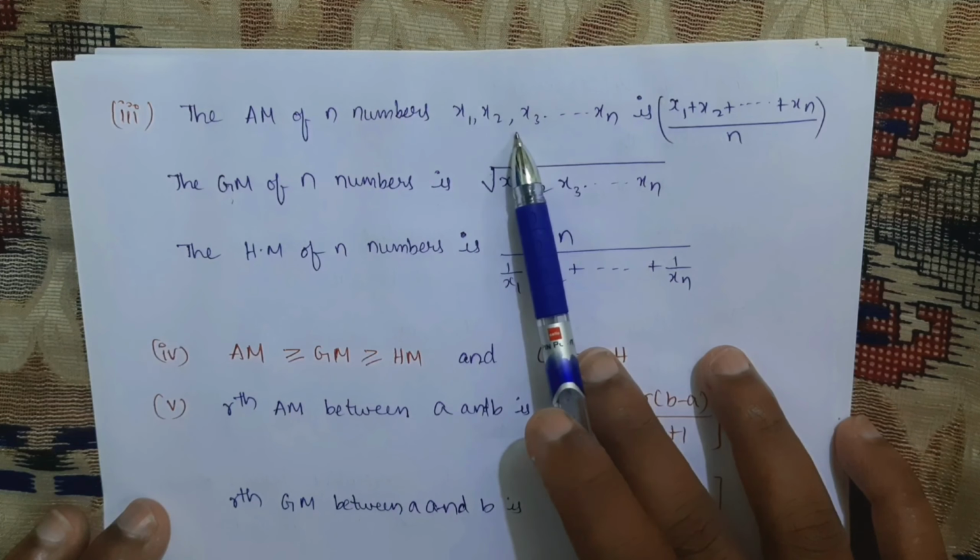For this type of series, the nth term Tn is equal to, what is this? This is the nth term in AP, A plus (n minus 1) into D, into R to the power of n minus 1. Here again we won't get A, we will get only R to the power of n minus 1. Similarly, Sn for this series, which is AGS, is A by (1 minus R) plus dR into (1 minus R to the power n minus 1) by (1 minus R) whole square, minus [A plus (n minus 1) into D] by (1 minus R) into R to the power of n. This is for Sn, the sum of n terms.